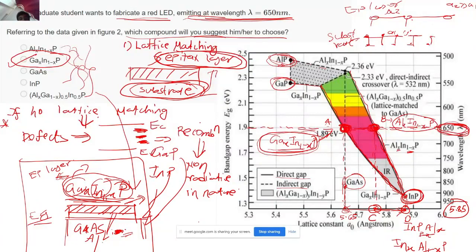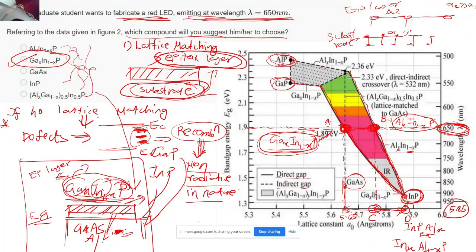Now what is the nature of that recombination? That nature is non-radiative. That is, it will not give you photons. It will just dissipate as heat in the lattice. And what has been asked in the question, they want me to fabricate a red LED. They want me to produce an efficient LED which will give me photons. They don't want me to dissipate the heat in the lattice, right? So I have to ensure this non-radiative component of the recombination becomes lesser and lesser. To have this component lesser, we don't want any defects, and if we don't want any defects, then we want a good lattice matching, right? So I hope the lattice matching point was clear.